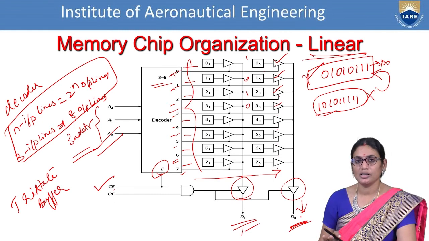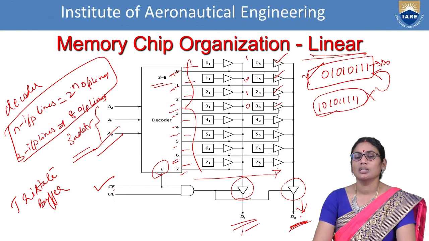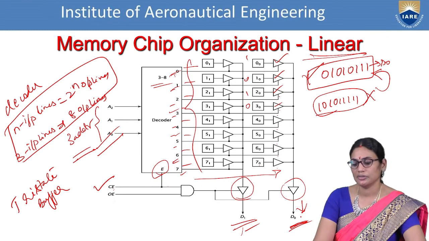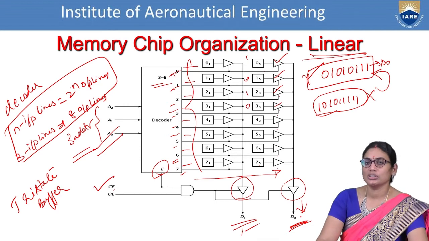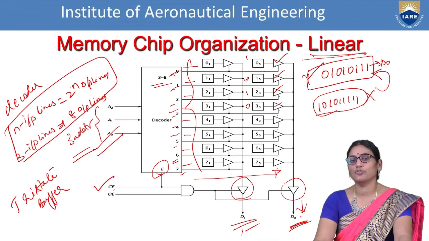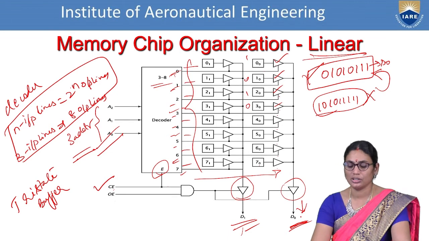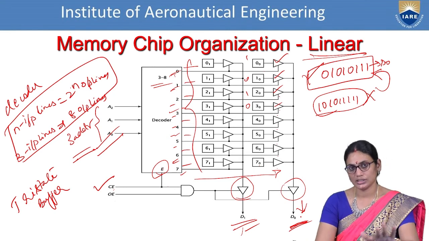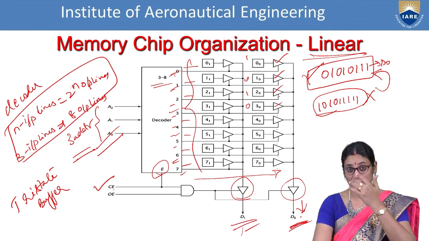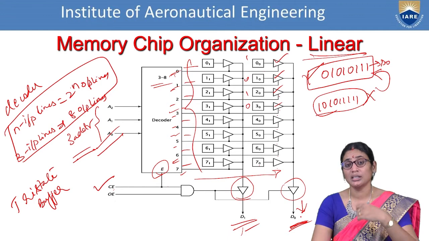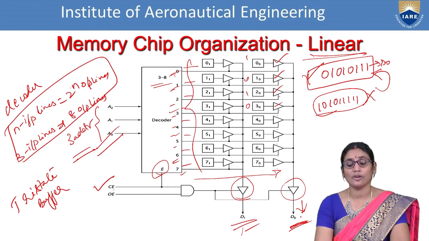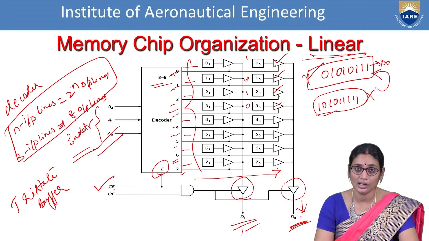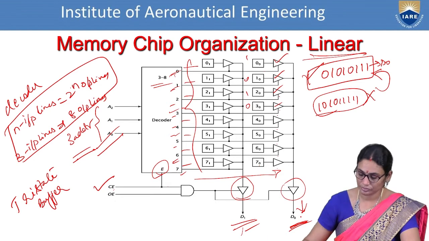The basic idea here is to understand how exactly the memory chip organization is presented. But this kind of approach in linear representation may not be suitable for a larger extent of information. As this is for 8 bits of information, this can be classified well. But if you go for a larger extent of information, for example 16 bits or 32 bits, it cannot be handled in a linear approach.